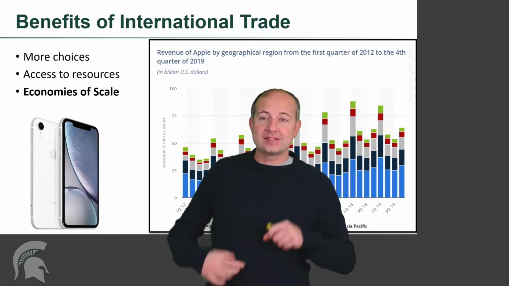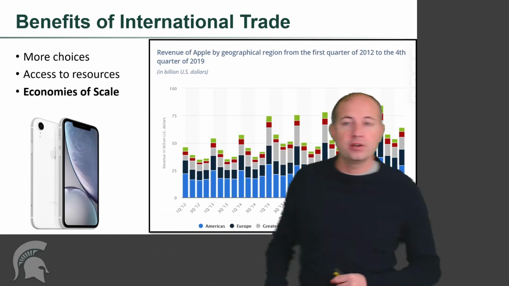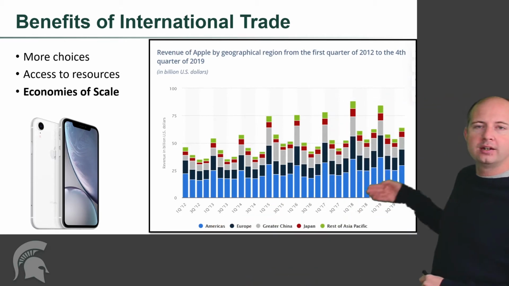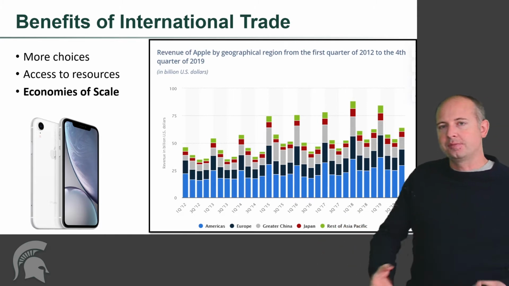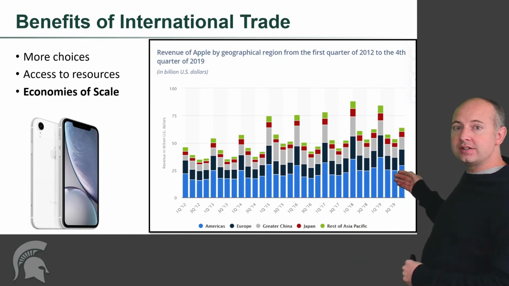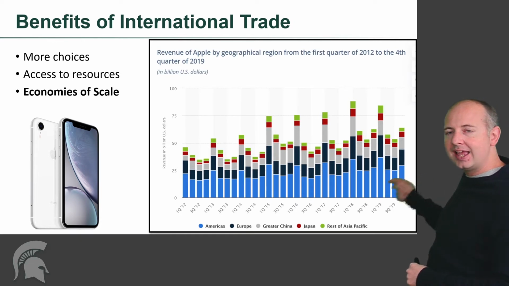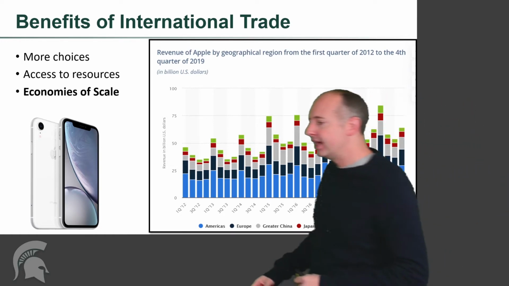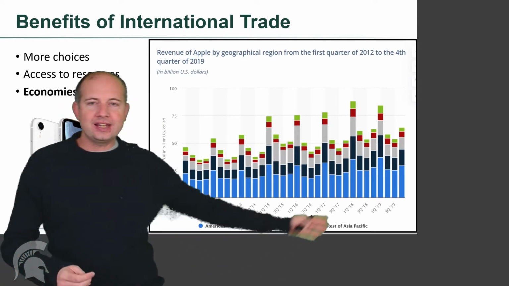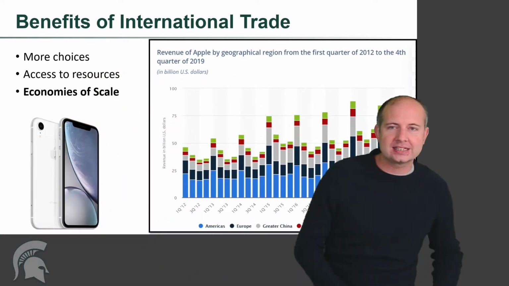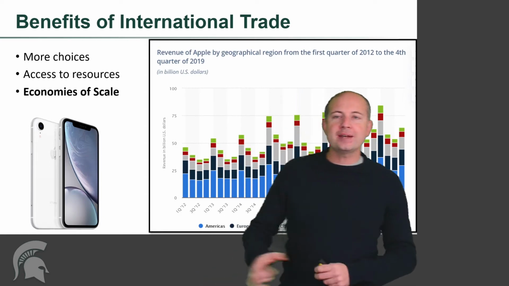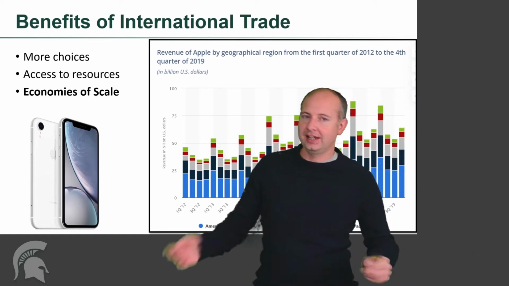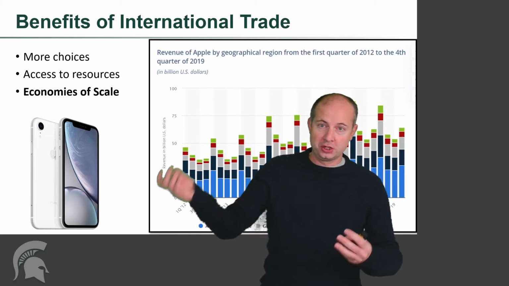Next, we have economies of scale. So we're going to keep on the idea of the iPhone. So this right here shows Apple's revenues by region. So the light blue here is the Americas, so North and South America. And we'll notice that, and you imagine the United States would be some smaller portion of that. And what we see is that the United States is really less than half of Apple's revenue. And what that means is because Apple is selling iPhones all over the world, they are able to get really good economies of scale. So if you think about developing the new iOS, every so often Apple releases a new iOS. Everyone immediately hates it because we're used to the old iOS.